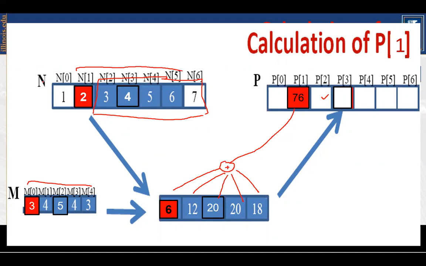If my n array was, let's say, of n elements, I will put this window on each element and carry out this calculation.